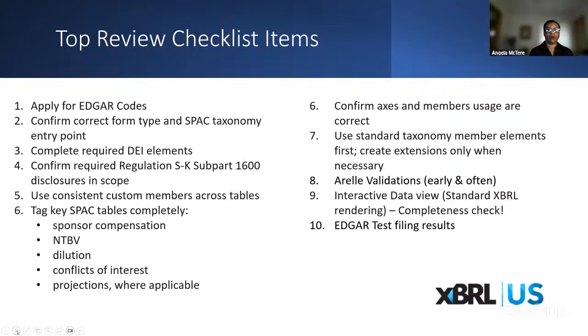So you want to make sure that you are using the correct submission type, be that an S-1 or an F-1. Submitting your test filings. Reviewing your test filing results, you want to make sure that you've used the right CIK, it's coming back with the correct company name and the correct form type. So definitely there are several items in this checklist that we're providing just as a guide. This will be posted, so it will be available to everyone. Next slide, please.